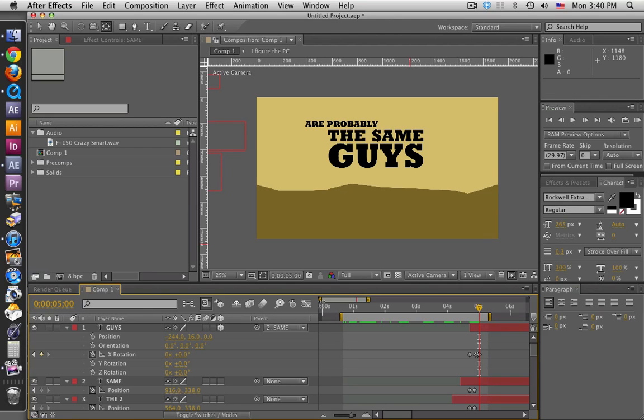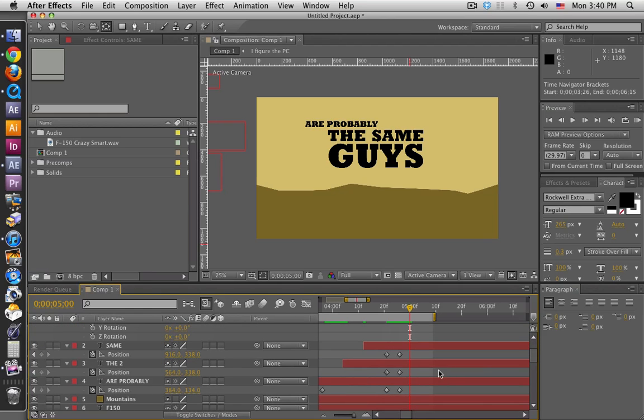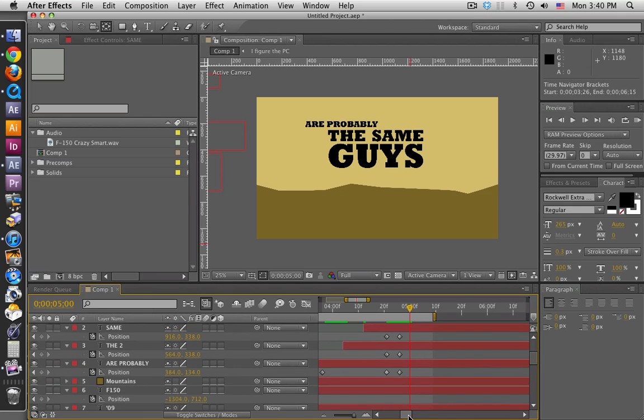Oh, it's a little slow. So I'll move that up just a bit. Okay. Moving these things up is a little tricky because everything sort of depends on, you know, one layer depends on the next layer, which depends